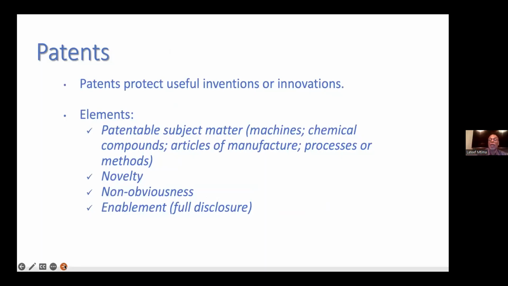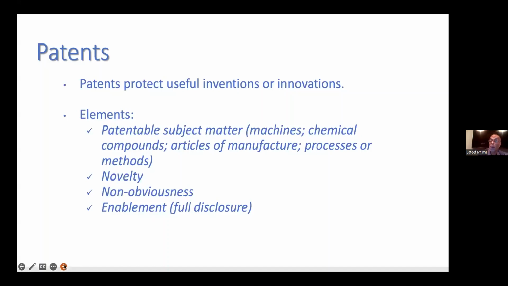So in order to get a patent, just like a trade secret, it has to be useful, but it also has to have these other characteristics. First, it has to be what we call patentable subject matter. A fancy way of saying it has to be one of these four things. Your invention has to be a machine,